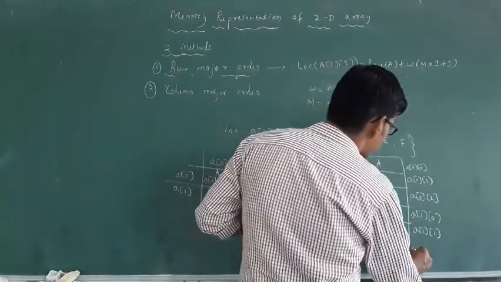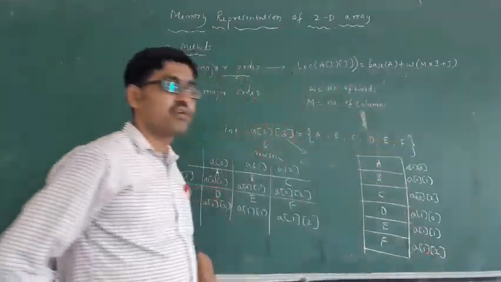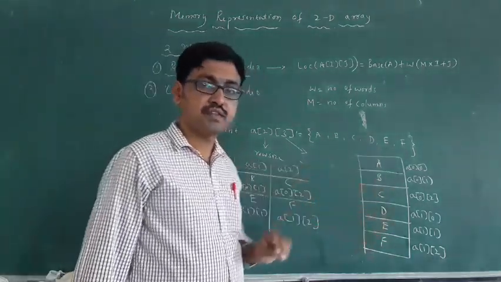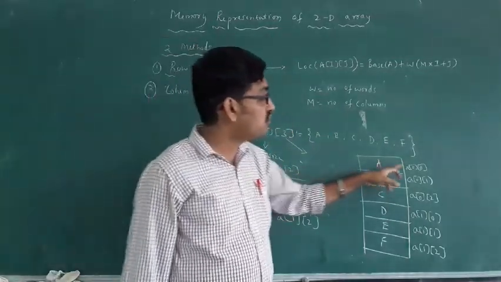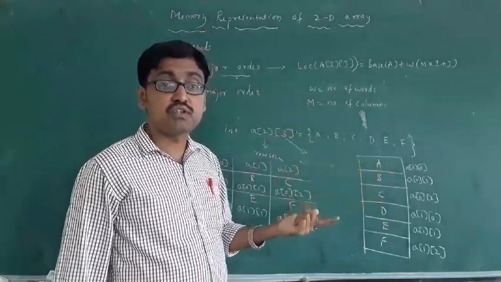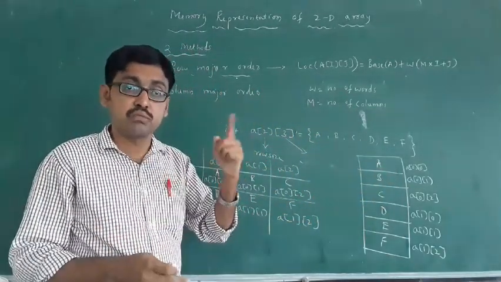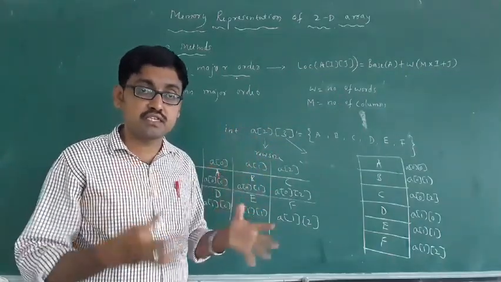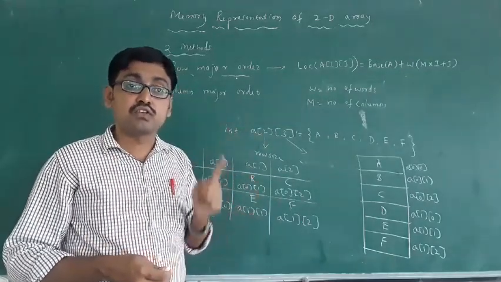F will be stored in the location A of 1 1. Okay, this is what I am writing in this manner. Okay, I want to find the address. A will be stored in location A of 0 0. In which address? When you store anything in a computer, automatically one address will be created. The address will be created, but we can't see it. But whatever data you store in a computer, the address will be created.